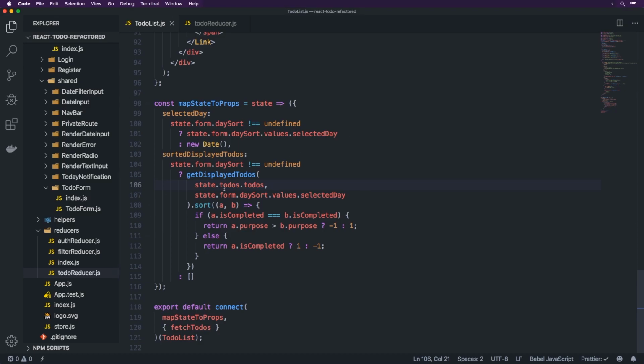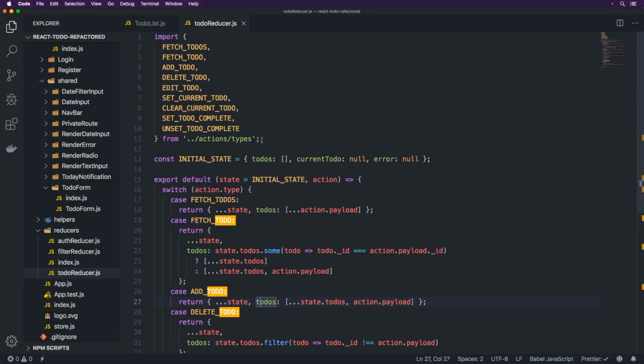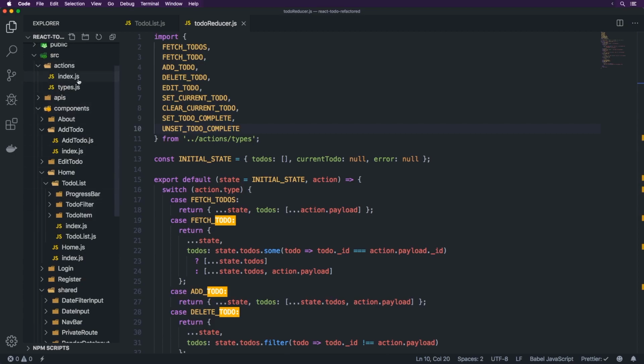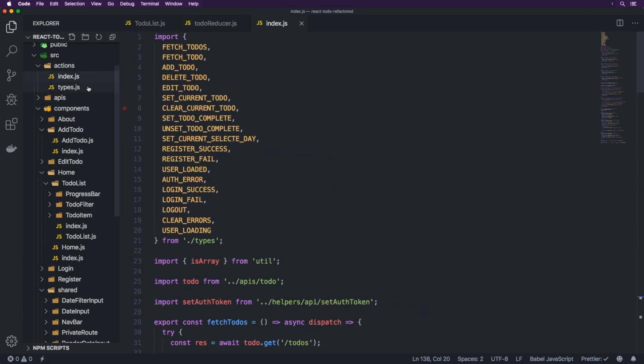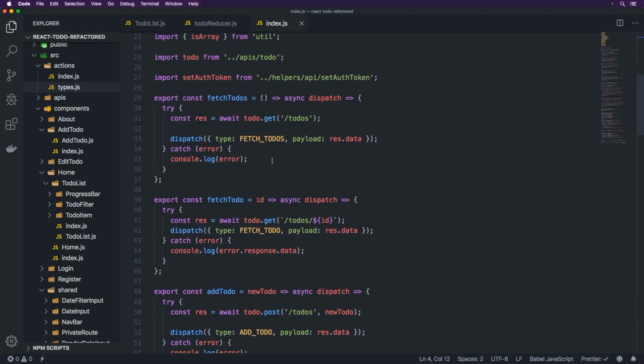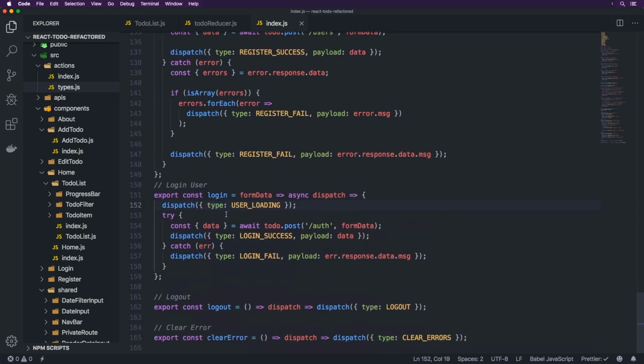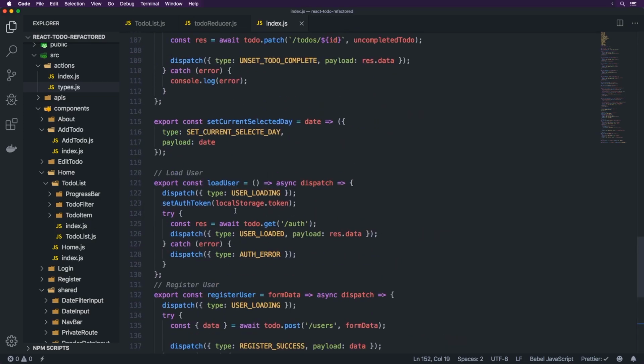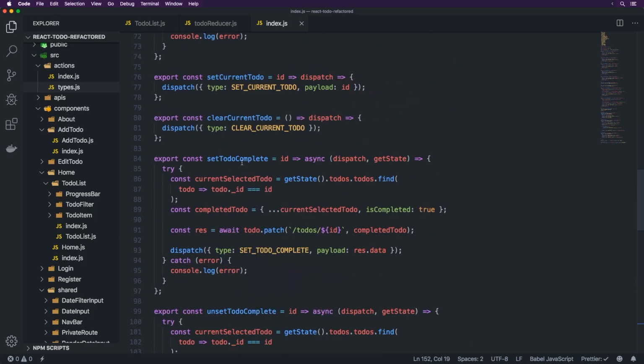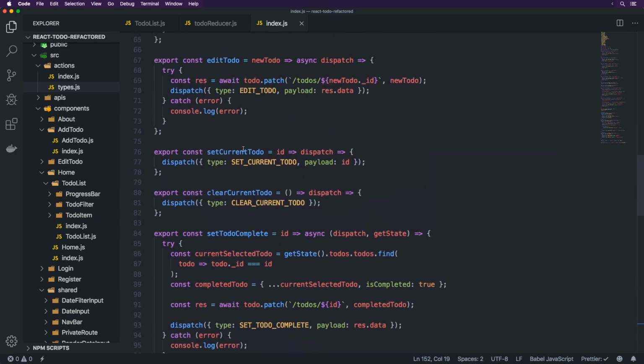And let's just keep this going. So let's just say we're looking at to-dos, and then we've got to-do reducer, and we've got all of these from actions/types. So we got actions up here, and we got index, which contains a whole bunch of stuff, and then we also got types. We got index.js, where we're importing all of these, and then we go down and we have so many methods. Why do we have, okay, so we have login over here and log out, and we also have load user, set current selected day, set to do complete, clear current to do, set. Okay, so